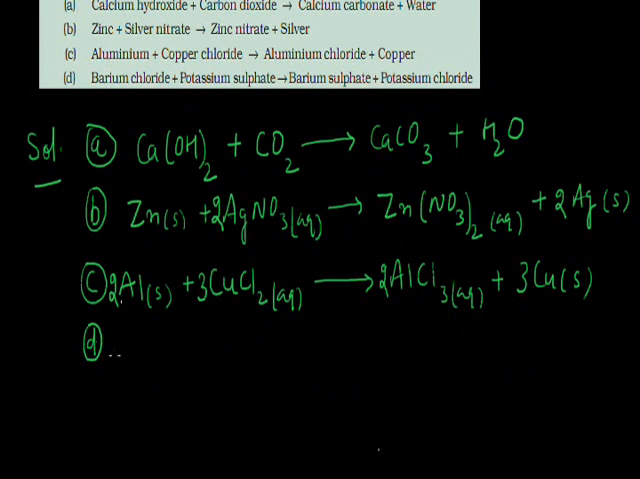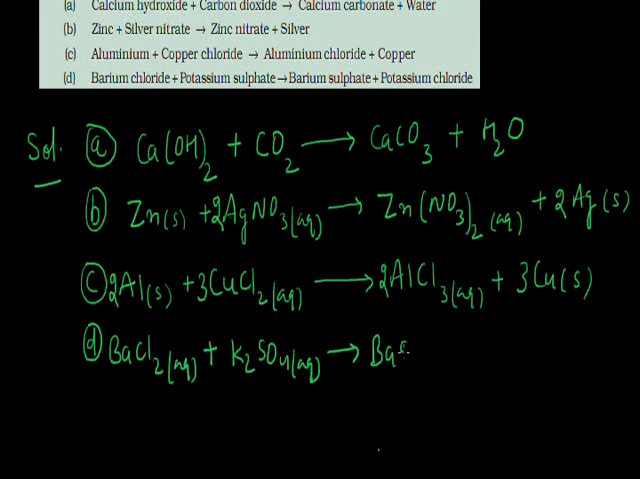The fourth is barium chloride, BaCl2, in solution, that reacts with potassium sulfate, that is K2SO4, in solution, forms barium sulfate, BaSO4, that is solid, and potassium chloride, KCl, that is aqueous. If we see, on the reactant side we have two atoms of chlorine, and on the product side